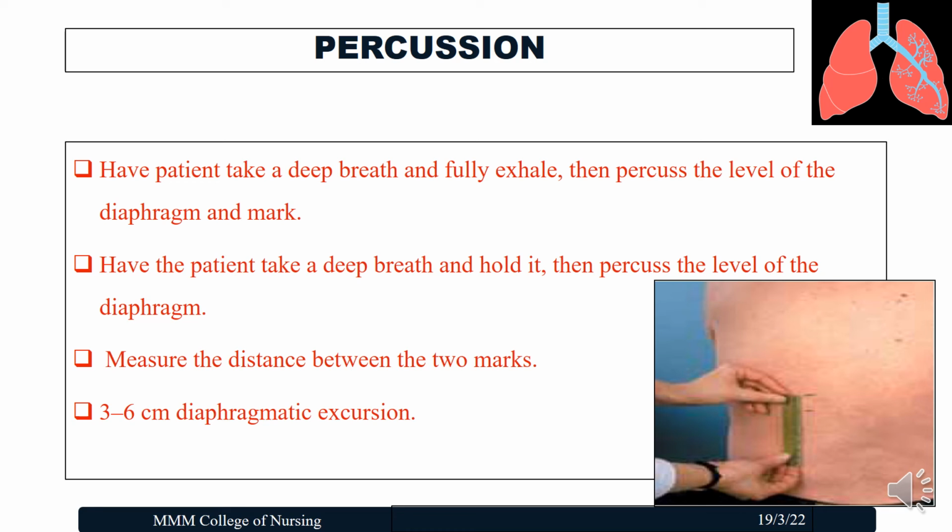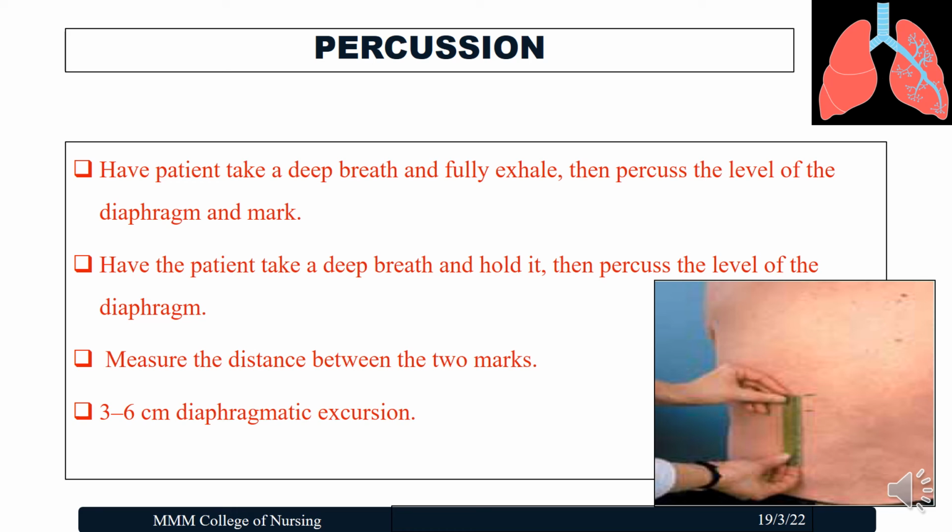So how to assess the diaphragmatic excursion? Have the patient take a deep breath and fully exhale, then percuss the level of the diaphragm and mark. Have the patient take a deep breath and hold it, then percuss at the level of the diaphragm. Measure the distance between the two marks, and the normal measurement should be 3 to 6 centimeters of diaphragmatic